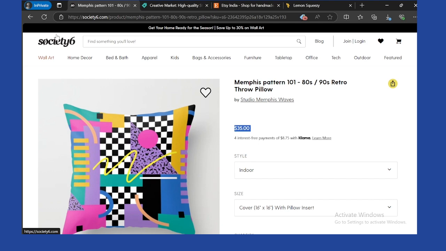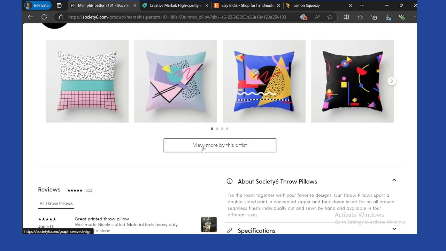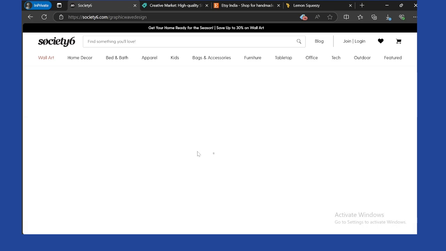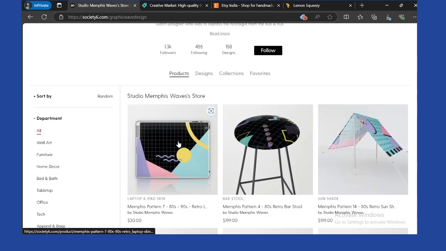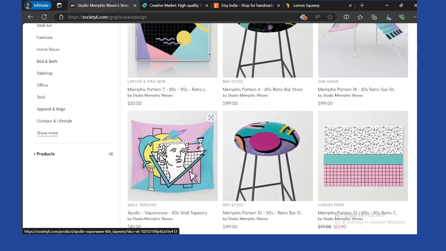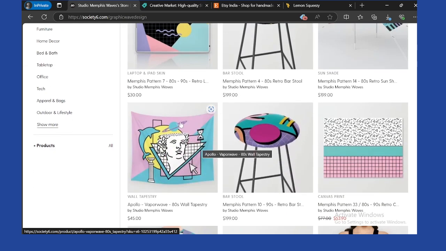Let's just say you're an artist or maybe a designer who is creating things on your own, and you want to sell the things that you're creating in Illustrator or Photoshop or whatever. So this website is called Society 6, where you can sell your digital arts. I mean, let's just say you created an artwork in Illustrator,